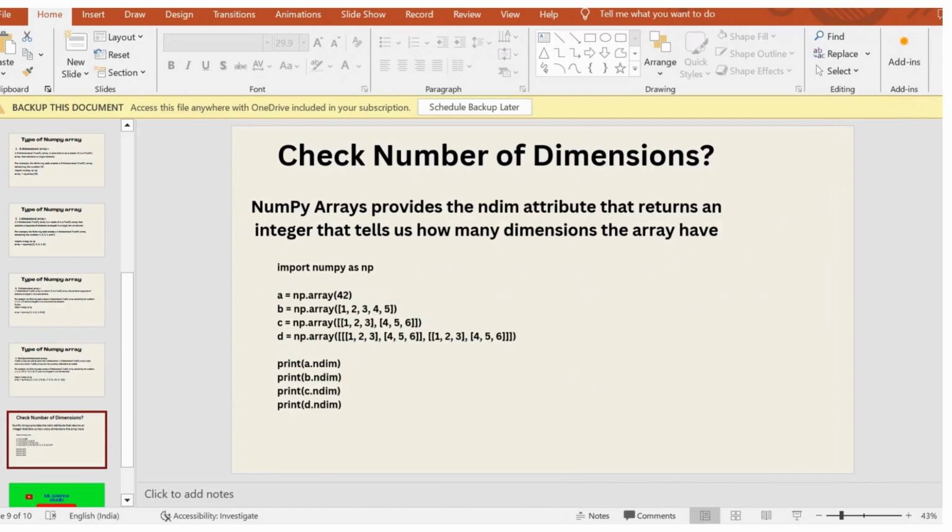NumPy arrays provide the ndim attribute that returns an integer that tells how many dimensions the array has.